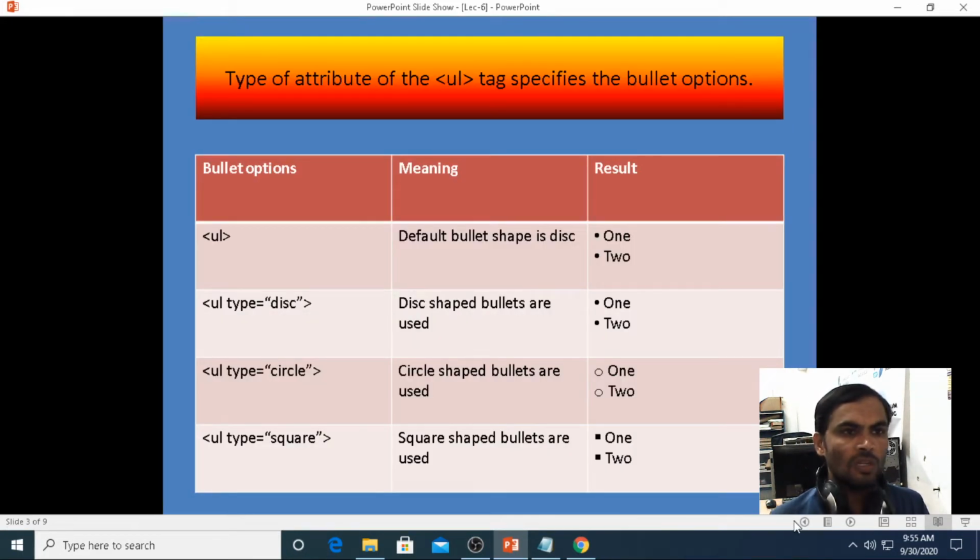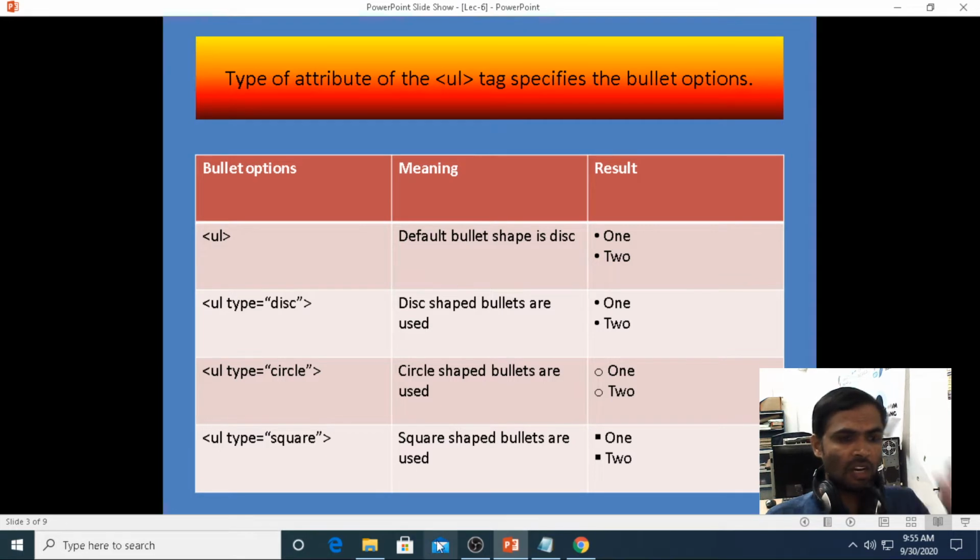Now coming to the type attribute of the unordered list tag, which specifies the bullet options. Here under the unordered list, we did not use the type attribute. By default it takes the shape of a disk. Bullet shape is disk.